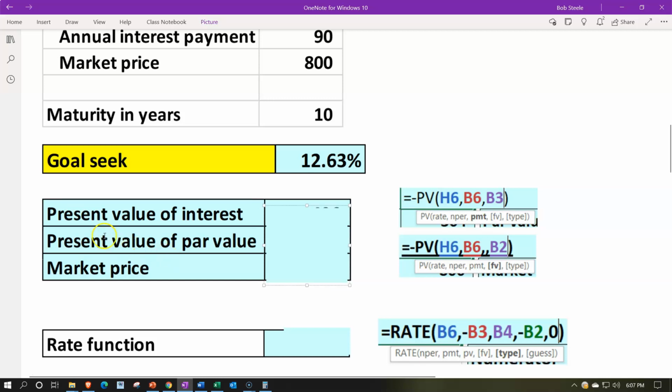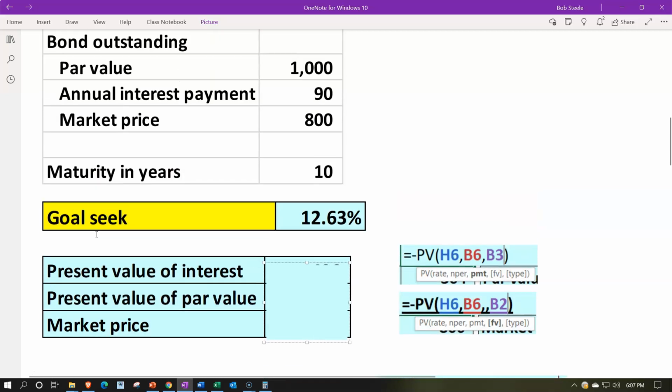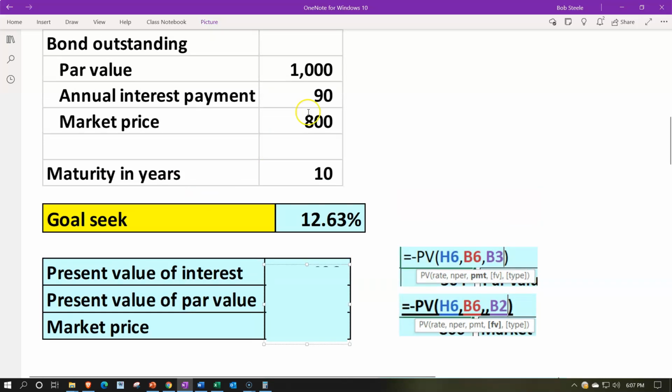In that case, you would take the present value of the interest, the annuity payments that you would be receiving, that being the $90 in this case for the 10 years, and then the present value of the value of 1 at the end of the period being the 1,000 at the end of the 10 years. And you would use that using the market rate if we had the market rate. If we don't have the market rate, then we can use Excel to kind of back into that by using the present value formula